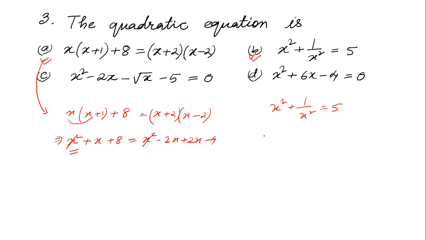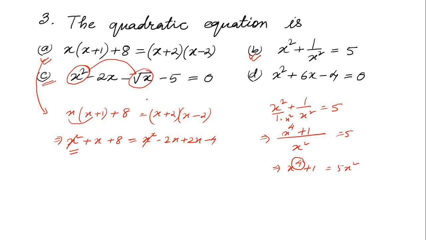x square plus 1/x square is equal to 5. Then what? The LCM here is x square, so x square into x square is x to the power 4, plus 1 is equal to 5x square. Here I'm getting the highest power 4, so it is not a quadratic equation. Similarly, C number, if we check, then here x square is there of course, but here root x is also available. Root x means x to the power half, so it is also not a quadratic equation. So the D number option, if we check, then we are getting this one as a quadratic equation